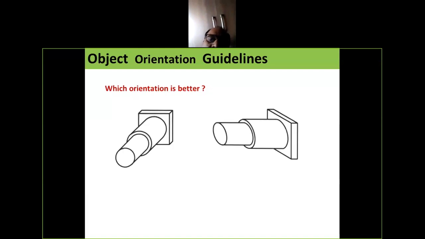Now, this is the case in which we judge which orientation is better.